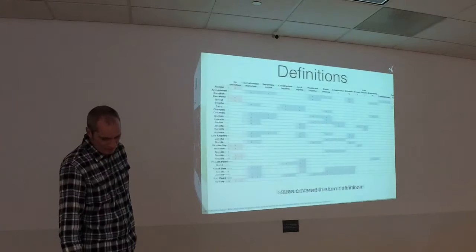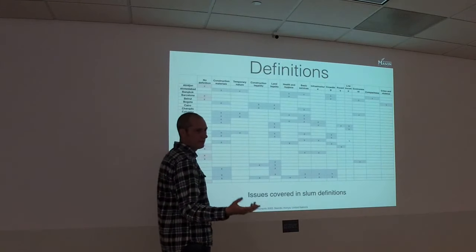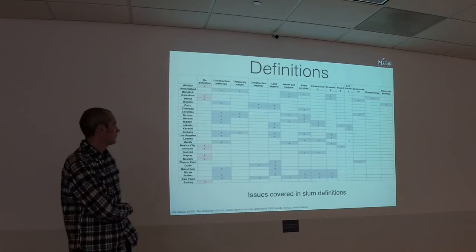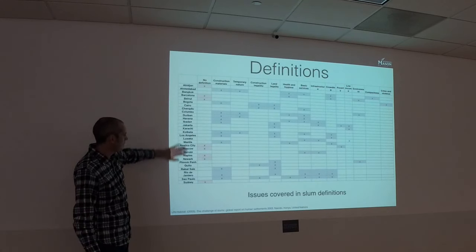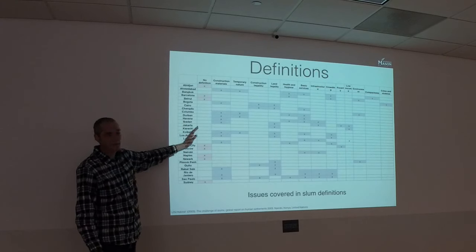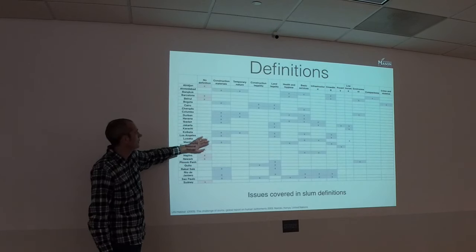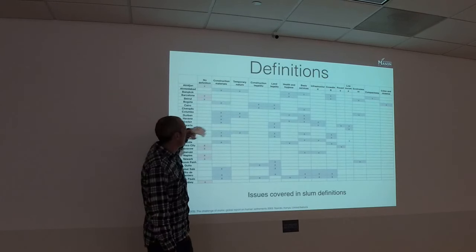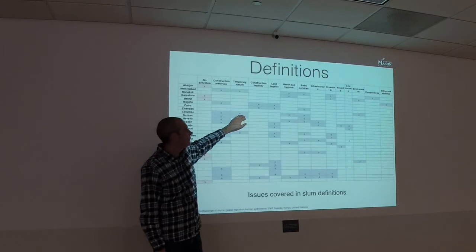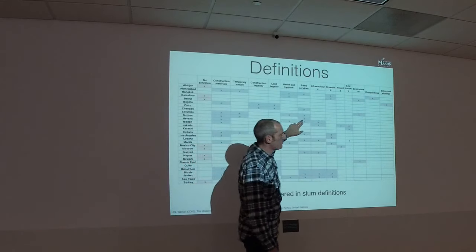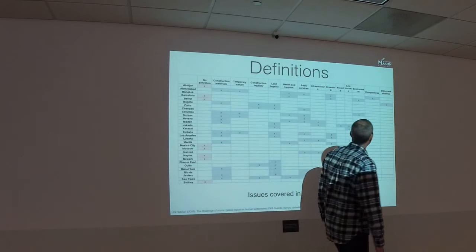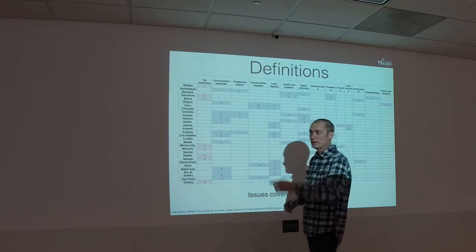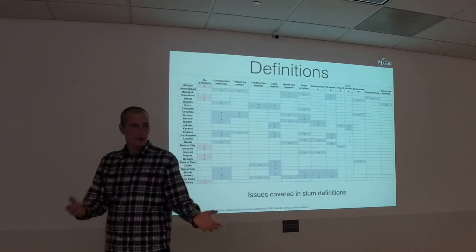And the idea is definitions are important because if we're trying to monitor slums, we need to define what they are, right? So lots of different countries or cities have their own definition of what a slum is. Some have no definitions. Others say it's based on some type of construction material. Others will say temporary structures, non-permanent. Some say they lack basic services, like you were saying. Others will say they're dense, compact, as Richard mentioned. But there's a whole variety of different ones.